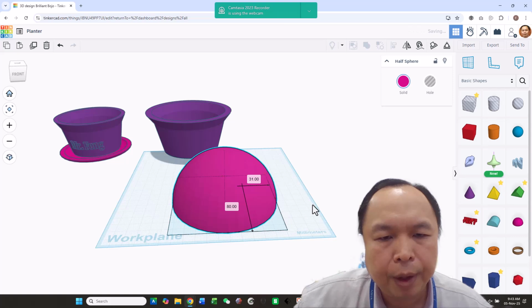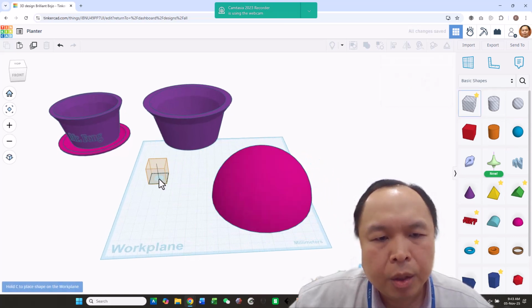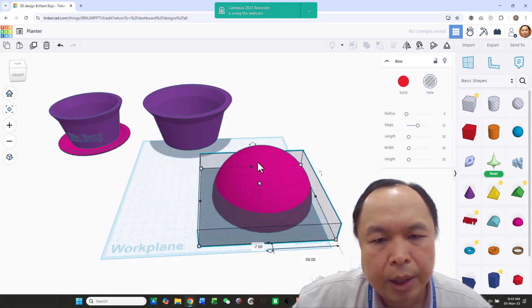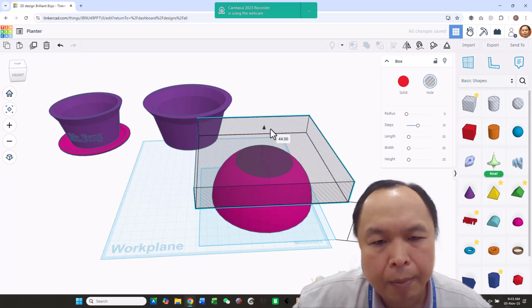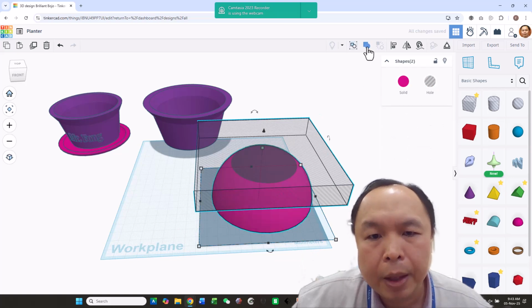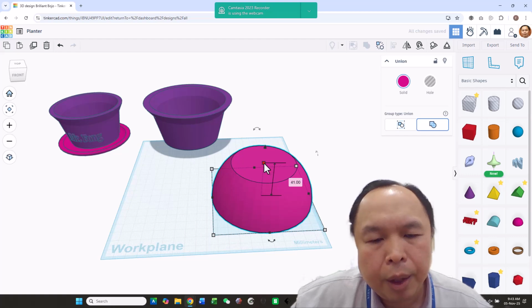We create the plate first. The plate has to be flat, so the bottom needs to be flat. What you do is you create something like this. You bring it up, up, up, until you select the height you want, and then combine. After you combine, then what you can do is